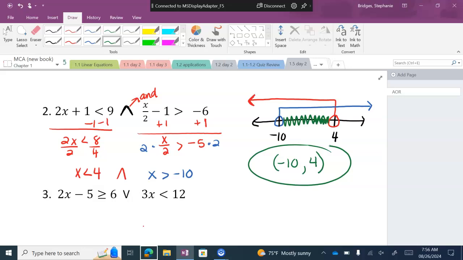Go ahead and solve each inequality. Is that one an and or an or? Or, okay. Go ahead and set up your number line, and let's take a look. And yes, you can have decimals here, or fractions, however you want to leave them. Solve each inequality. And go to your number line. Remember, the smaller number goes on the left always. The larger number goes on the right. And then take each one separately to see where there's